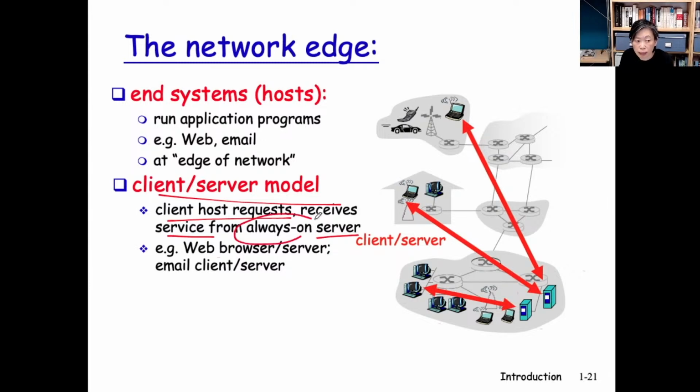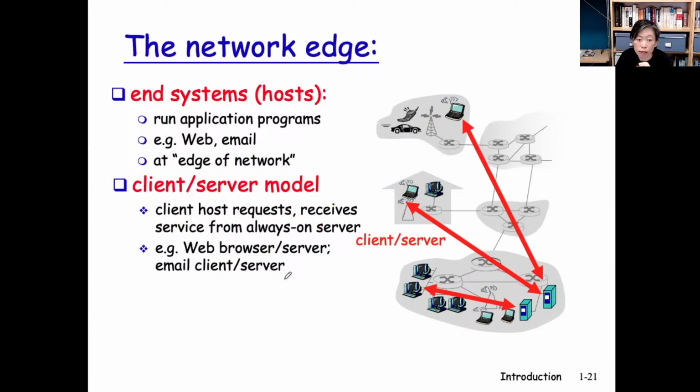And you see that the expectation of these servers is that they run all the time, 24/7. And that's why these servers need to be higher-end machines, having more computation power, a higher amount of storage, and more reliable internet connection. Okay, so as we mentioned, web browser here, web server here. Now, some of the pairs could be running email. Then you have the email client, which is typically the email reader, and then there'll be the email server. These email servers, usually you don't get your hands on them, okay? You don't see them. Just like the web server, you don't typically see a machine that is physically a web server.